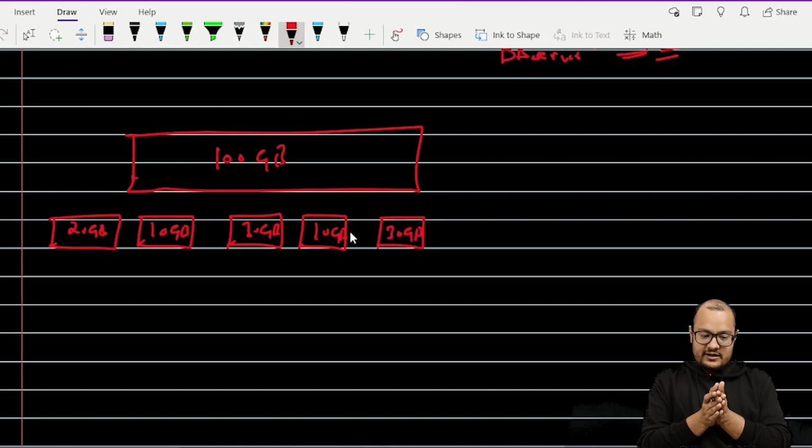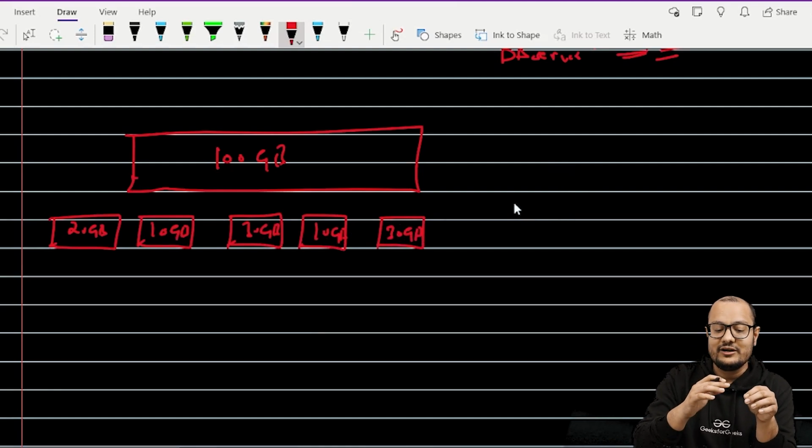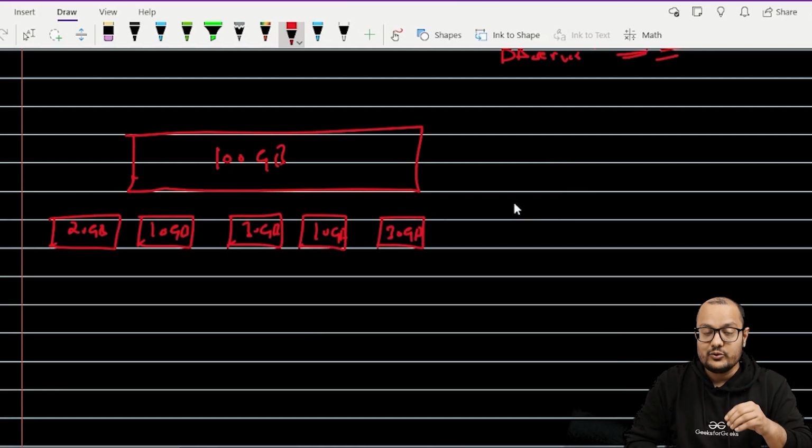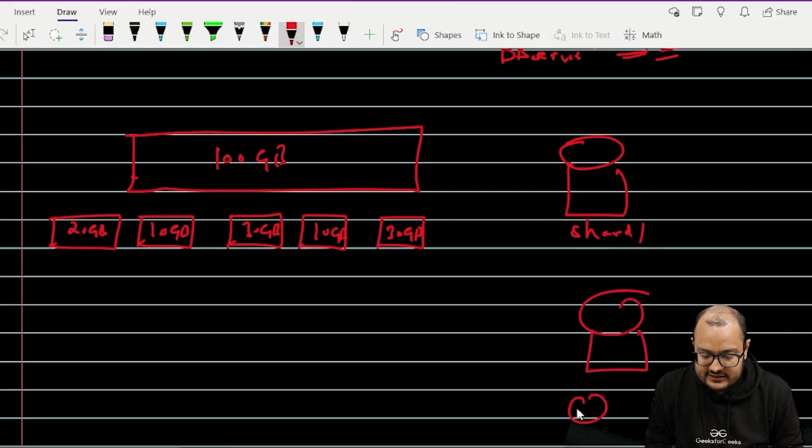Now it's my choice how I want to transfer these partitions. What I mean by transferring the partitions is that suppose we have this one shard here and one shard here and the other shard here.